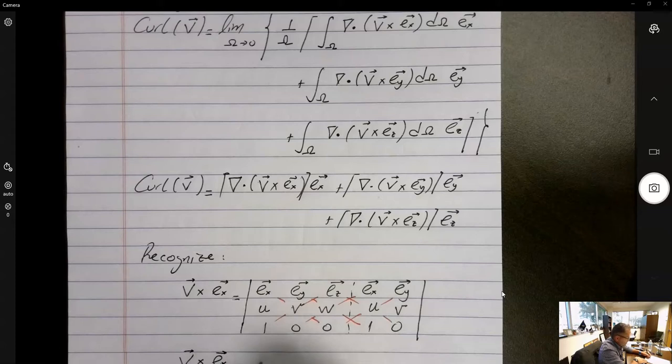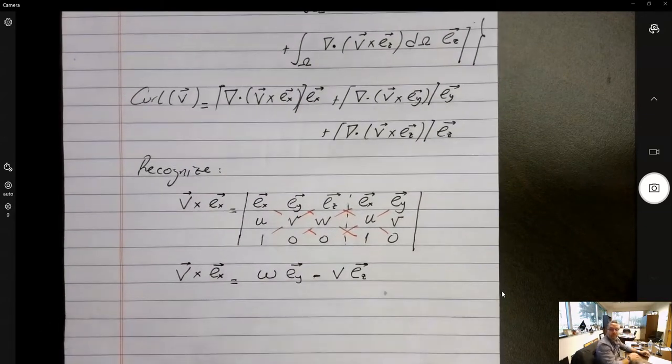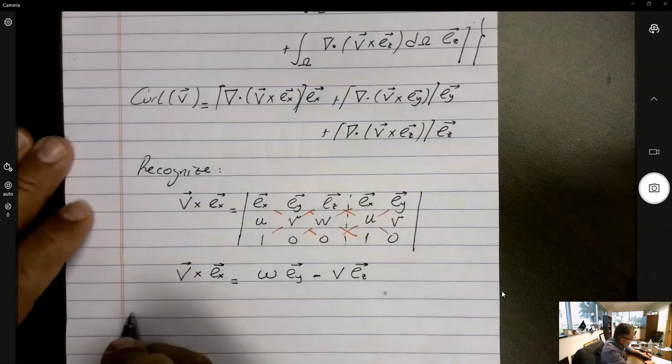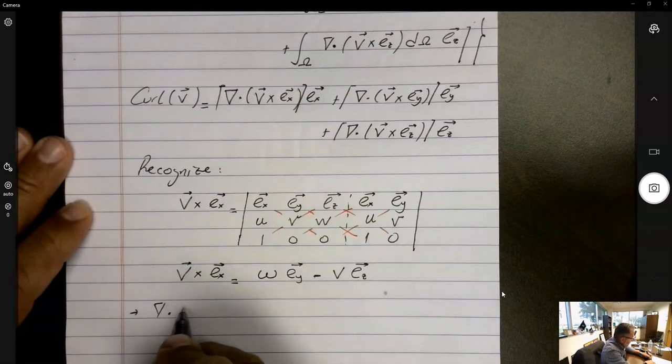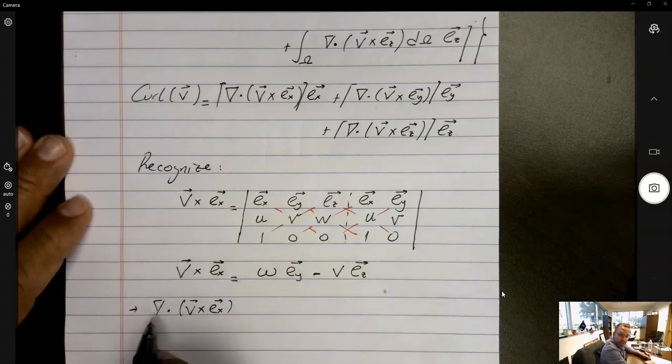equals W. See, a lot of these will go to 0, and the only ones that survive are W times EY minus V times EZ. There you have it. And furthermore, now I need to take the divergency of these. So the divergency of V cross EX, which is a scalar operation. So I'm going to take this, which is a vector, and take the divergency of that